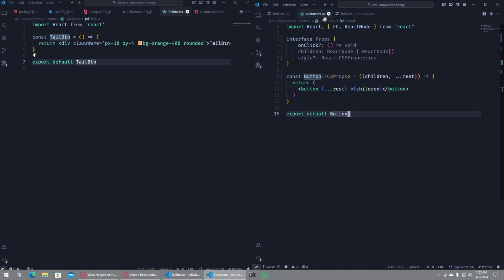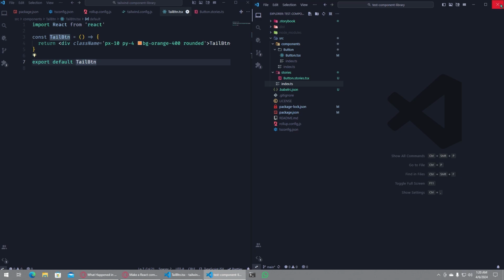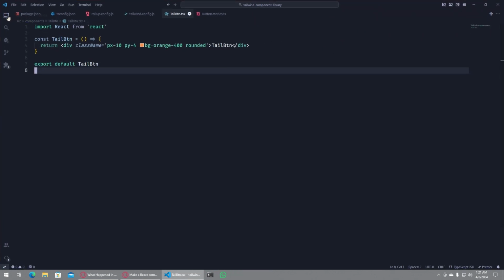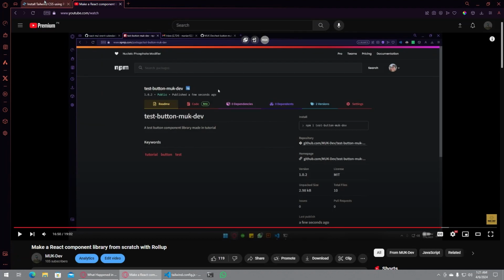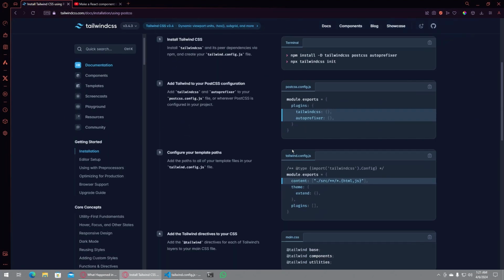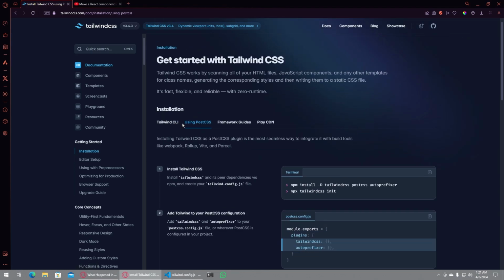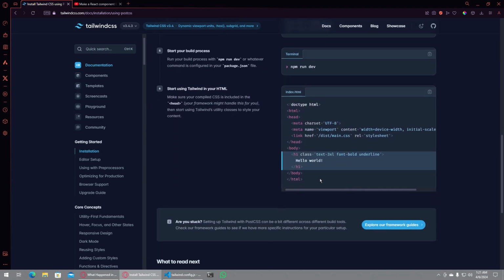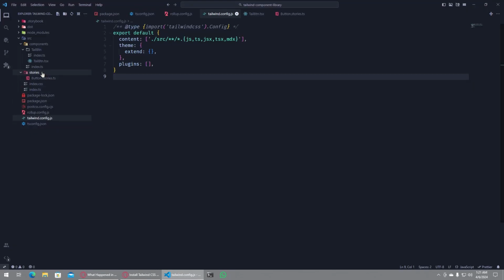Okay, so the folder structure and everything is the same. Here the stories are also the same, so I'm just gonna close this one and just show you this one. You're gonna go through the simple installation process from the Tailwind documentation, where you install Tailwind, PostCSS and autoprefixer. If you don't have the PostCSS things showing here, you need to go to PostCSS. So do all of this. The only main thing you need to do is here, where they show you that you need a main.css file. Instead of that,